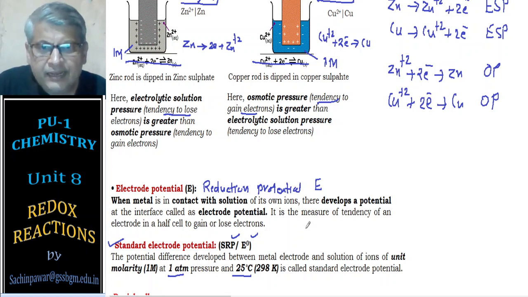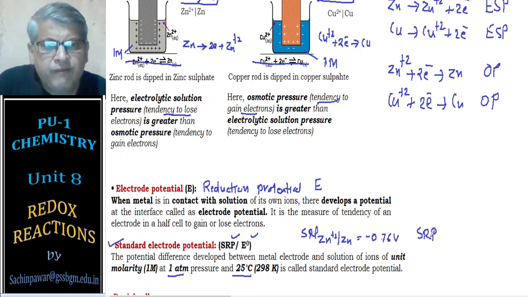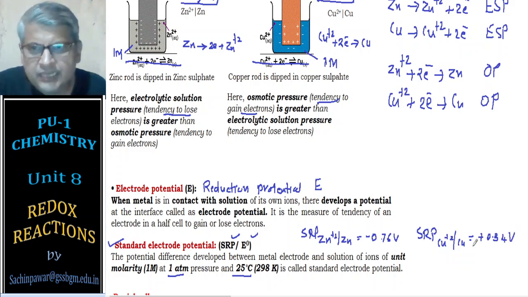So here you will find that the SRP of the zinc electrode, that is zinc ions dipped in zinc, is minus 0.76 volts, and the SRP of the copper electrode, that is copper dipped in copper sulfate, is plus 0.34 volts. Such SRP values are well known to us, so they have been calculated for all such electrodes, and we have one